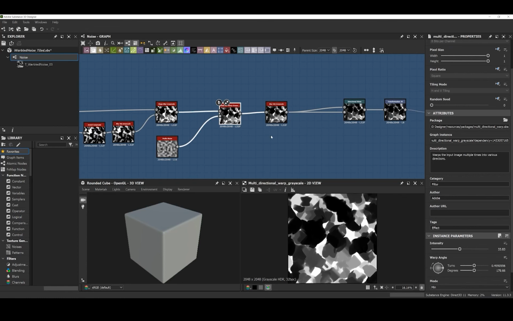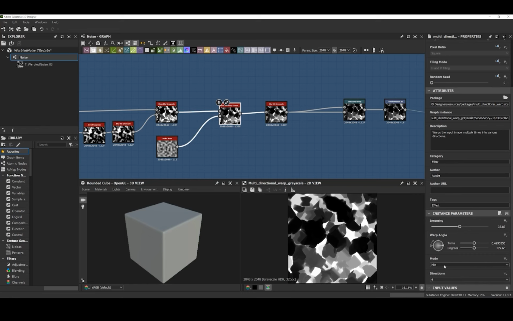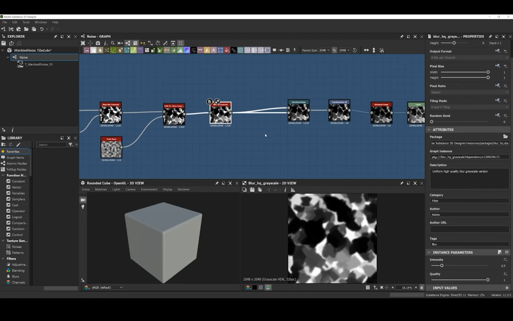And then this time I'm going to go into a multi-warp grayscale because I want to get multiple directions that this texture is going in. That'll give it a little more breakup and make it feel a little more organic. And then I'm just changing the angle there. I've got it on min on the mode and just changing my intensity to around 33.83,